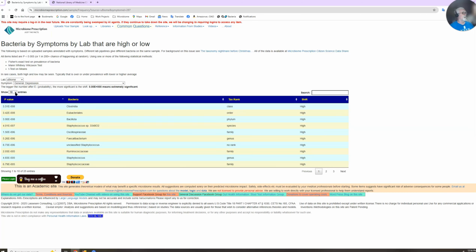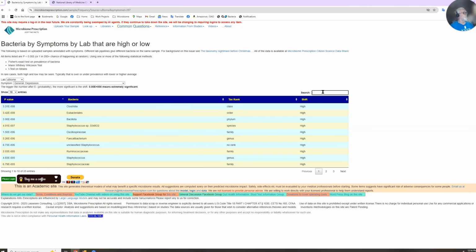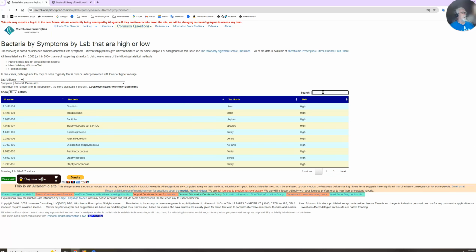And let's go over to uBiome. And again, we do the same thing. Nope, nothing for Bifido. Nothing for Lactobacillus. Again, different labs report bacteria differently, and Citizen Science identifies based on the lab results whether or not it is significant. So we have another way of doing it. This way is more complicated. I say it is based on individual labs. So if you're using that lab, it can be helpful.